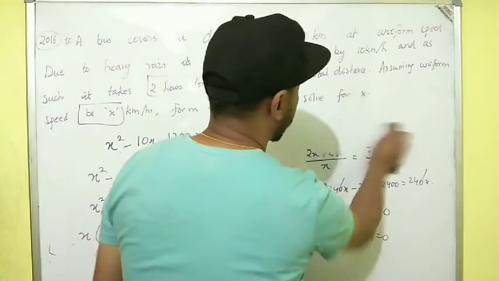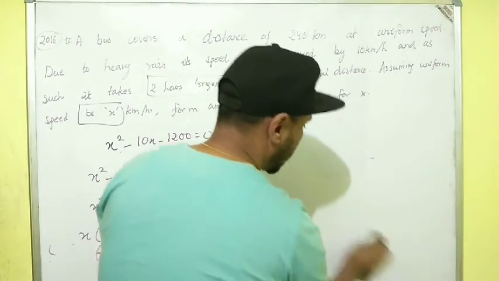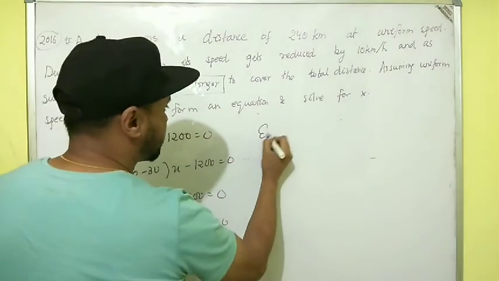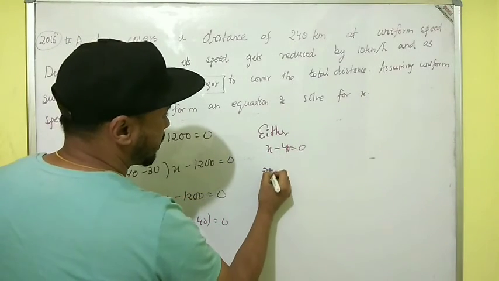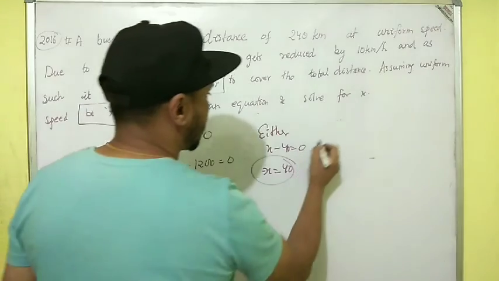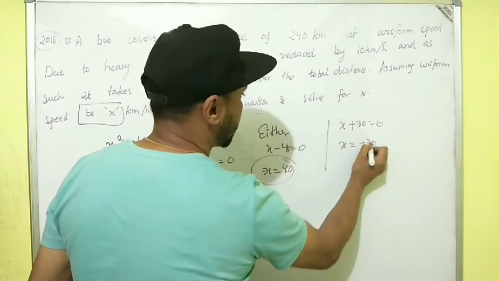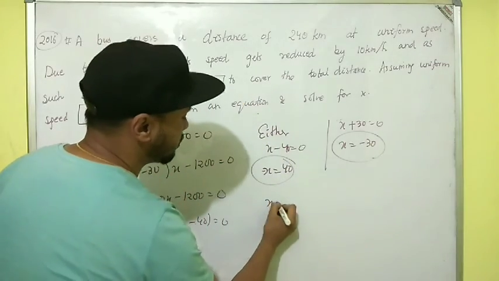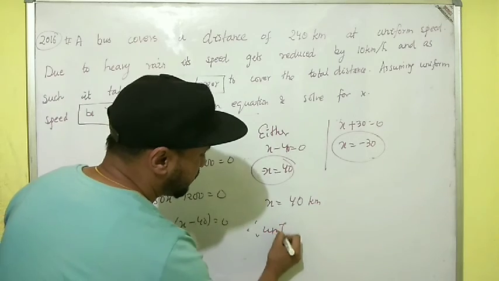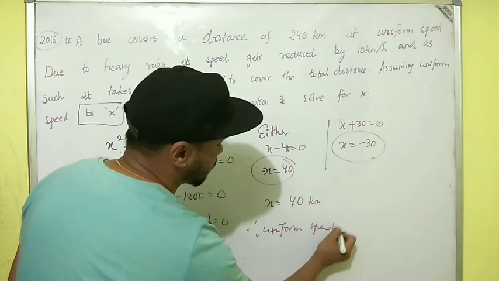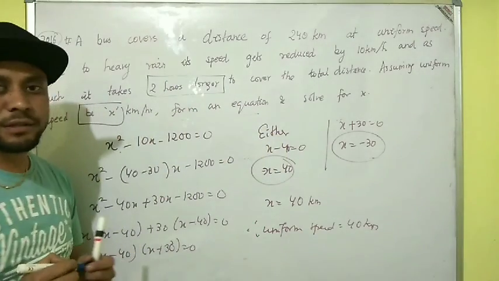Now if we do either or, then we'll get the two values, but we will neglect the negative value because x is the speed, so speed cannot be in negative sign. So either x minus 40 is equals to 0, so x is equals to 40, alright, or x plus 30 is equals to 0, x is equals to minus 30. So neglecting negative value, so x is equals to 40 kilometer. So therefore, uniform speed is equals to 40. We just have to find the value of x, but I suggest you to write this one because x is the uniform